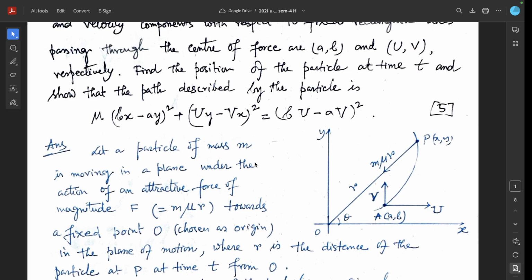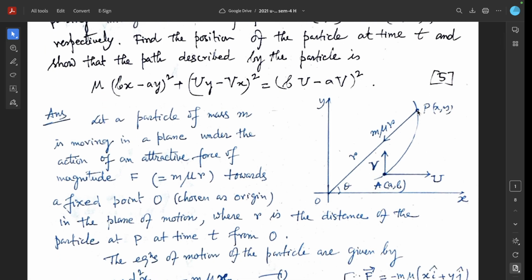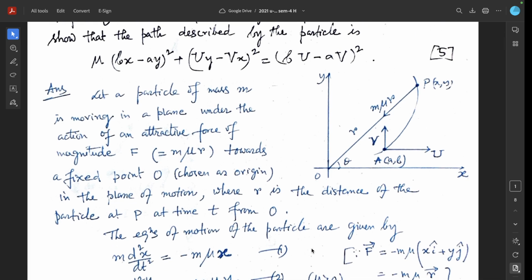So let a particle of mass m be moving in a plane under the action of an attractive force of magnitude F equal to m mu r. This is the attractive force at this point P towards the fixed point O chosen as origin, where r is the distance of the particle P at any time t from O. Then the equations of motion of the particle are: